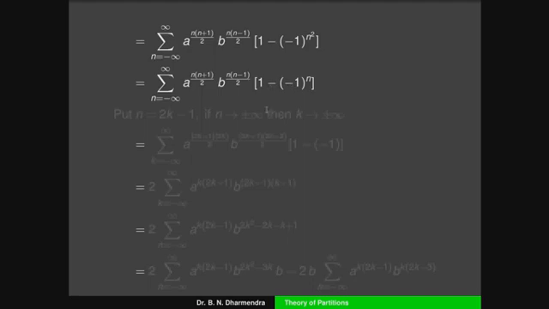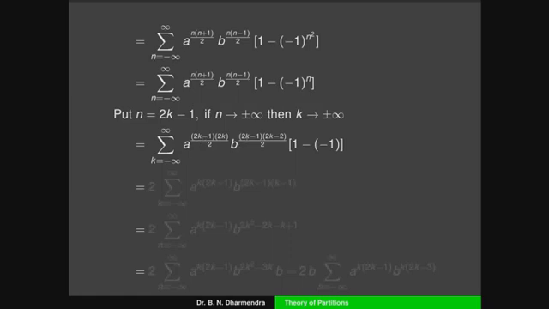So we can directly put n is equal to 2k minus 1. Then as n tends to plus or minus infinity, k also tends to plus or minus infinity. The series is unaltered, therefore k runs from minus infinity to plus infinity, so we can replace the value of n by 2k minus 1. So therefore a to the power of 2k minus 1 into 2k divided by 2, the 2 gets cancelled here, the term becomes k times 2k minus 1, that is a to the power of k times 2k minus 1.